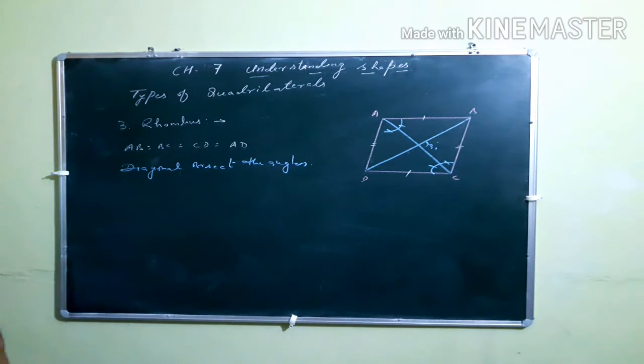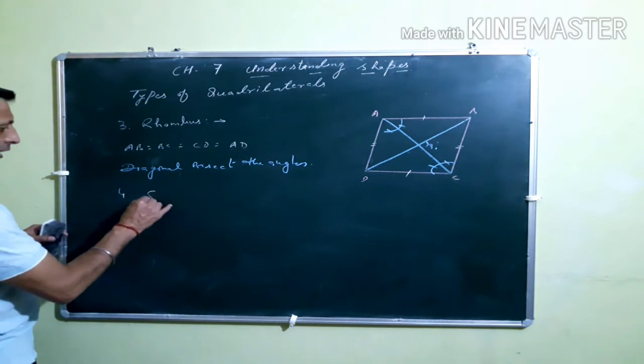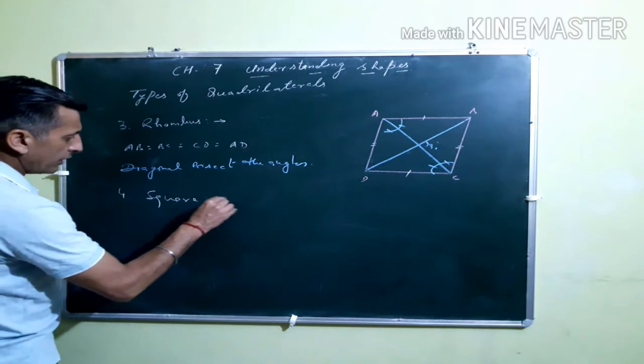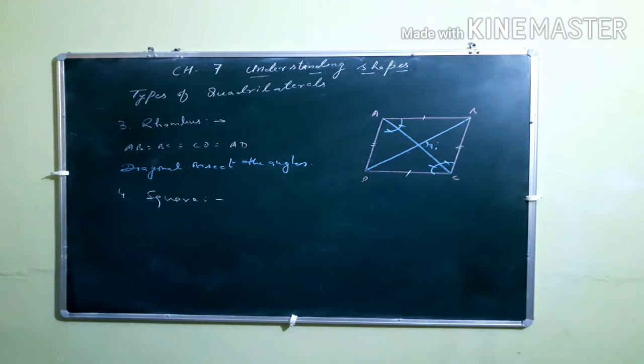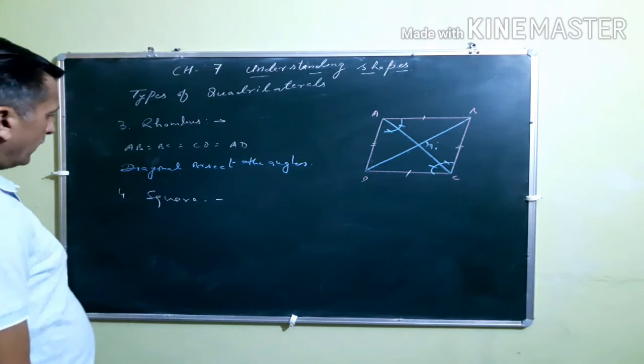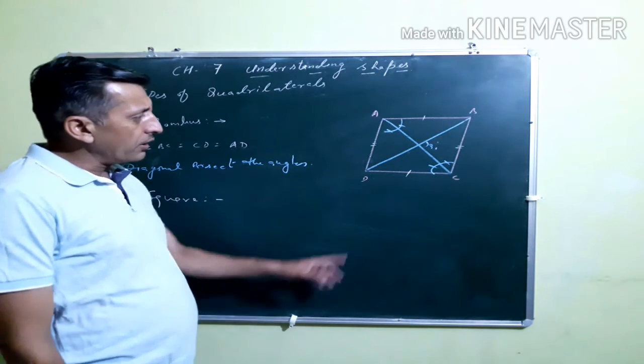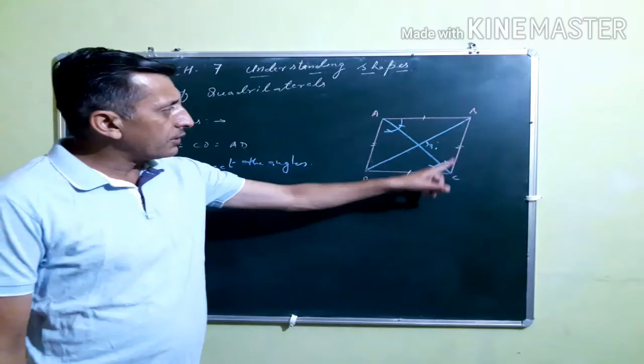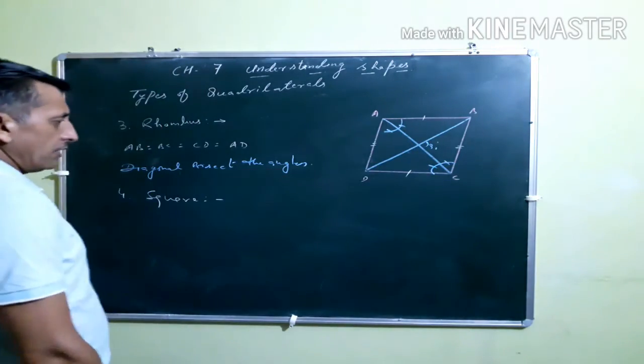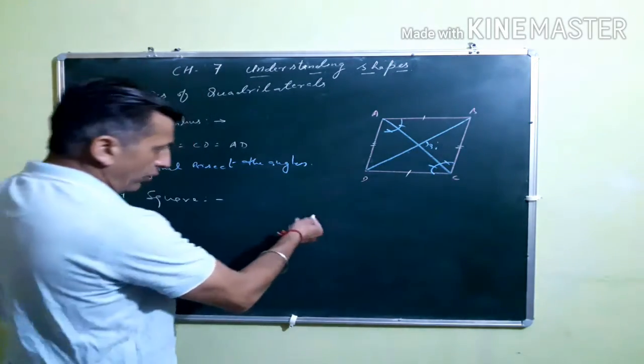After this, the next picture is your square. That is again a rhombus, just with one extra property. Otherwise, the rest of the properties are the same. In the square, the important thing is that this angle, this angle, this and this angle, each angle is equal to 90 degrees. I am going to draw it here.